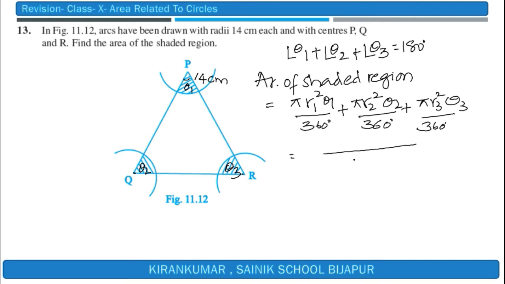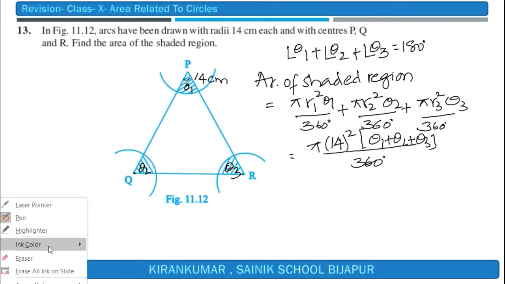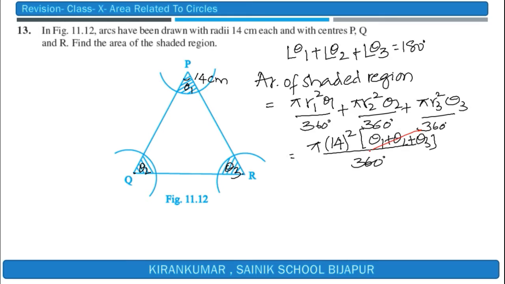Now there is 360 degree common and pi is common, and if you observe the radii, they are equal, so 14 square is common. So the rest of the thing is theta 1 plus theta 2 plus theta 3. That particular sum is equal to 360. So 360 they get cancelled. What we get is 22 upon 7 multiplied by 14 multiplied by 14. This will be 2 times. So 22 multiplied by